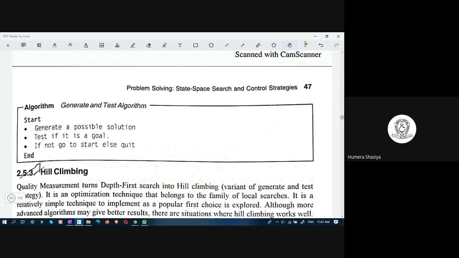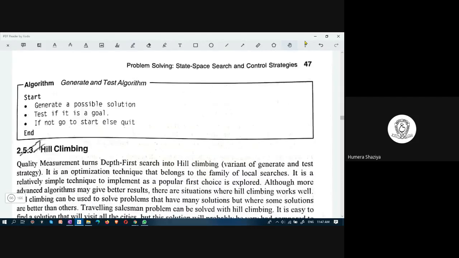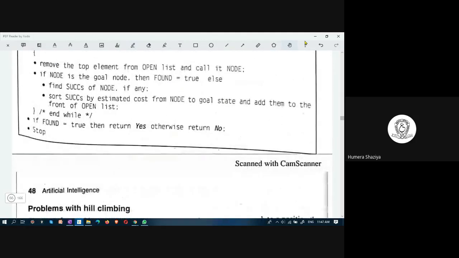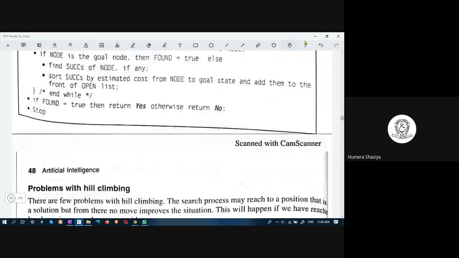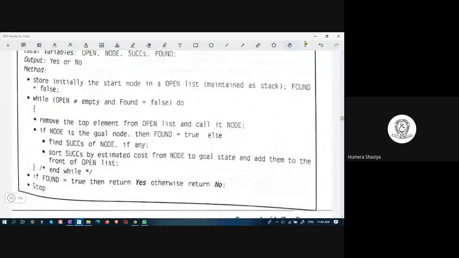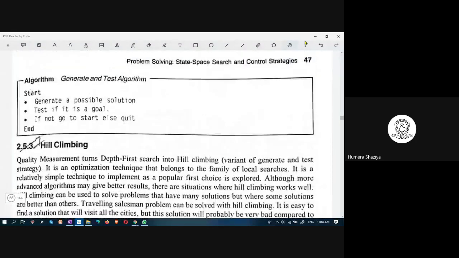This is generate and test algorithm, which we put in that branch and bound algorithm, within the else part and if part, whatever is there, you can make it into generate and test algorithm.